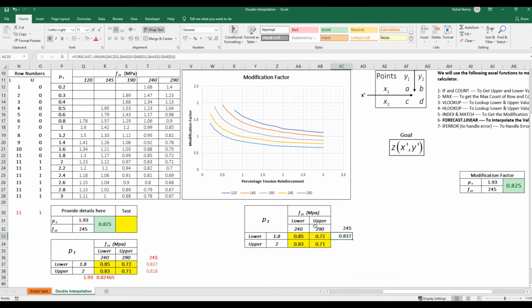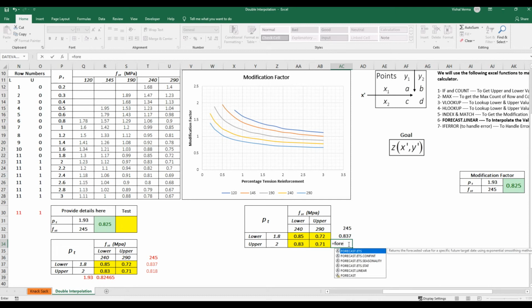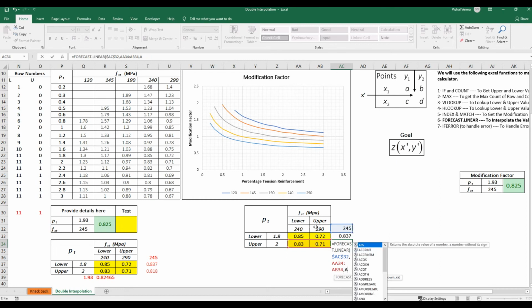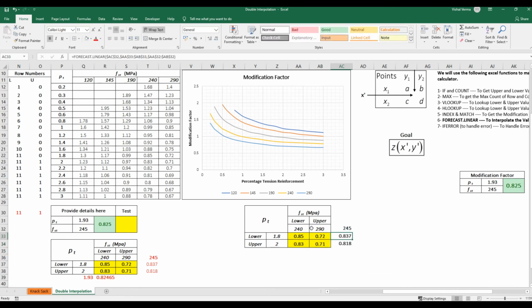Okay, so 0.837. Similarly, for PT equal to 2 and 245, what is the modification factor? We will use FORECAST.LINEAR again. The x value, known y's and known x's. So 0.81.